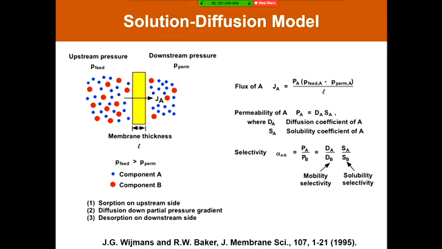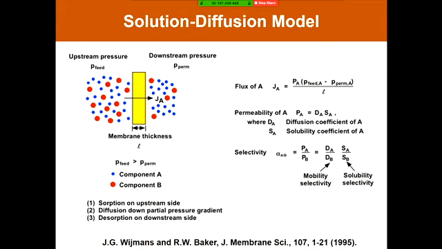And within the context of this model, it can be written as a product of two terms. One is the solubility of the gas in the polymer, and the other is the diffusion coefficient of the gas in the polymer. And so the way you can look at this is that the rate at which you can move small molecules through polymers depends upon how many small molecules you dissolve times how fast they migrate. And by changing the polymer backbone structure, one can change either the solubility of a gas or its diffusion coefficient or both, and thereby change the permeation rate.